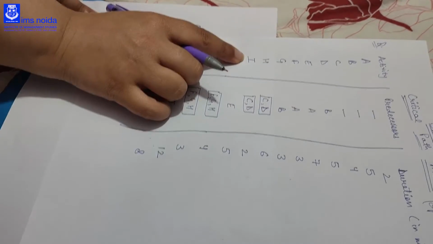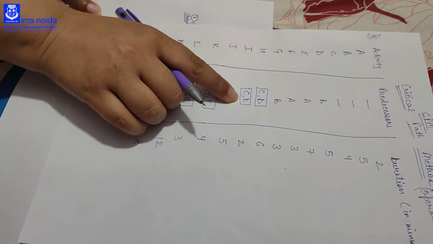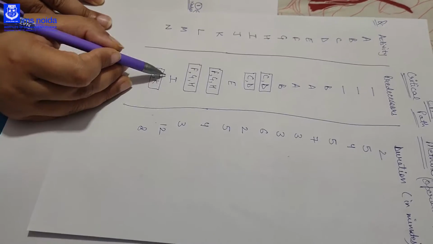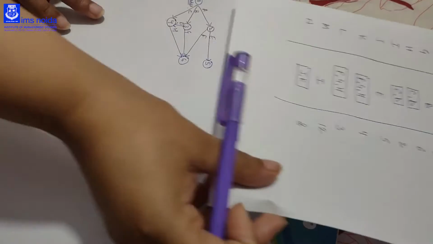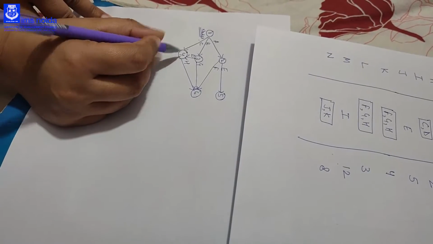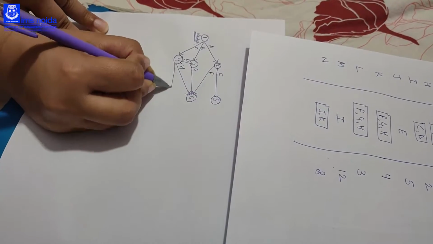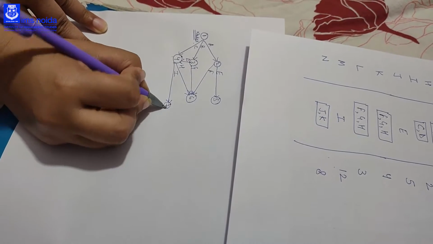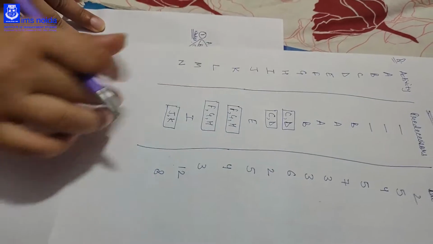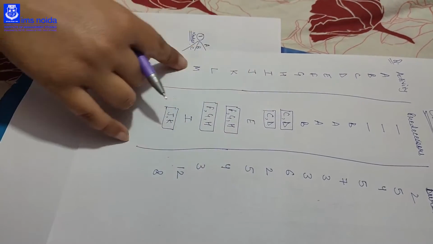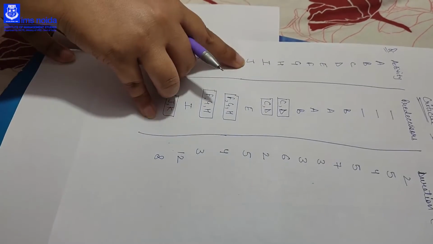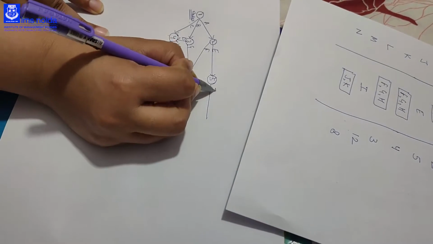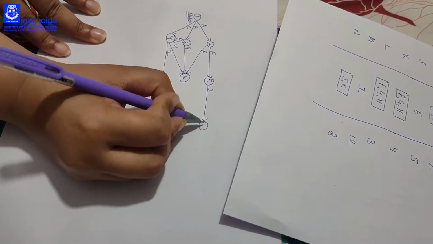Now we will come to I. I comes from the combined node of C and D. Further it is a single event, so it is not combined with anything. So we will make I from the combined node of C and D, that is 4, and it ends here at node 7. Then J. We will make every other activity in a similar manner. J starts with E, so we will start J from E and the node is 8.